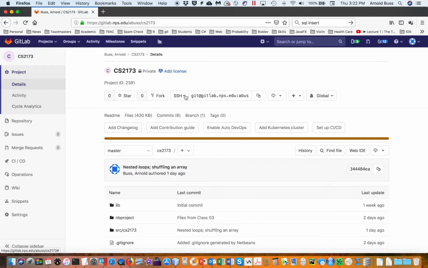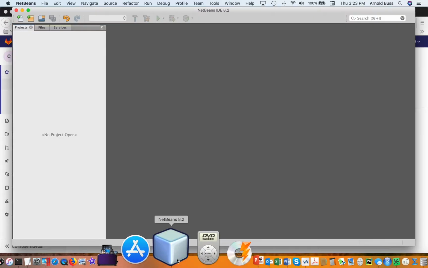They encourage you to use Secure Shell for whatever reason, and if you know how to do that, that's fine, but if you just open that up and change to HTTPS, and then what you'll do is authenticate with your NPS credentials. So copy that to your clipboard, and then go back to NetBeans,